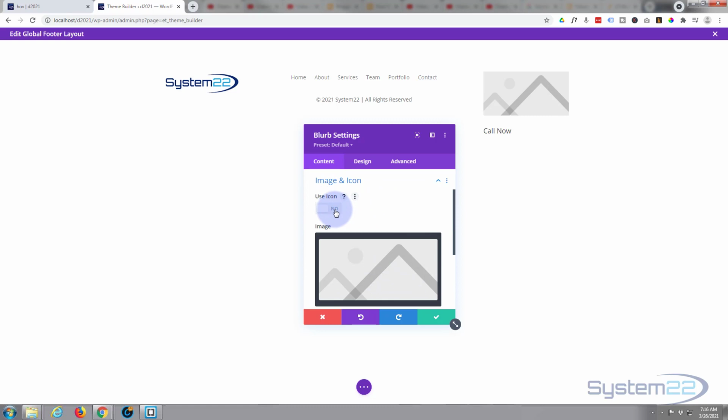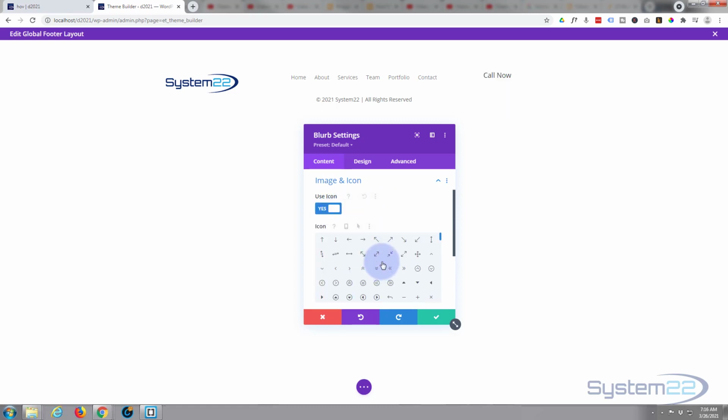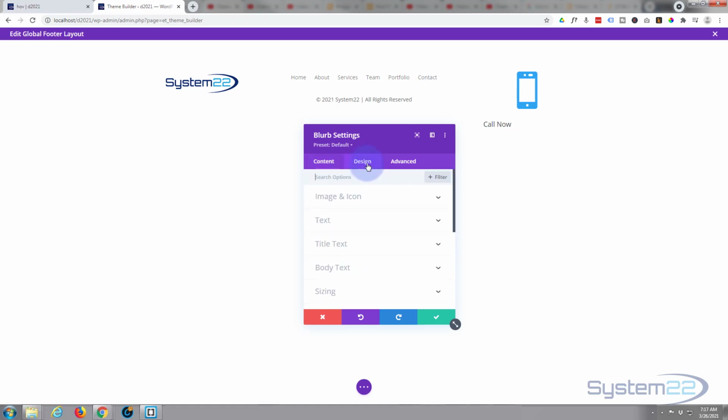Hit the use icon button right here. And they've got a sort of modern telephone. They've got the old style bone type telephone as well. I'm going to use a modern iPhone looking one today. There it is right there. Now I'm going to go over to my design. That's all I want to do on the content tab. We're going to come back and add the link for this in a minute, but let's go to the design,